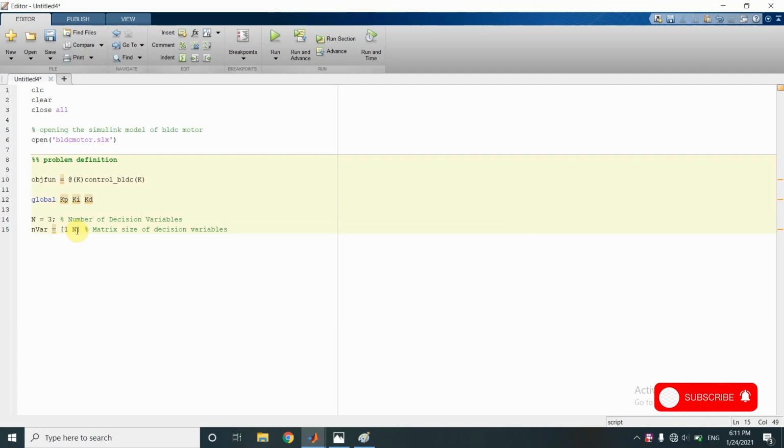Each column will contain one variable, that is the first column will be kp, the second column will be ki, the third column will be kd. So at a time we will pass one single row. That single row will contain the three values, that is kp, ki, kd. That row we will pass in our objective function file. Also, this variable n var, which has the size of the decision variable matrix, will be used to initialize the population. So that's why we have defined this n var.